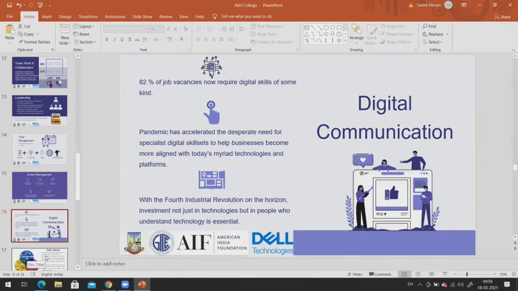So digital communication is something which has become very important and unavoidable in our lives. We are conducting this workshop today. It's all digital with you guys. I'm sure we are in all different parts of the world right now, but still we come together through these online platforms. Next, data literacy.